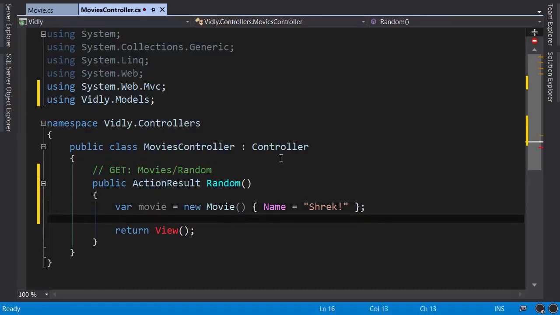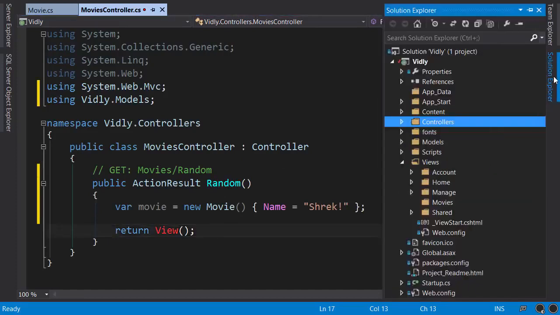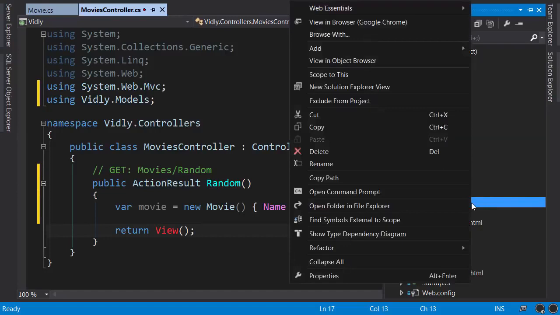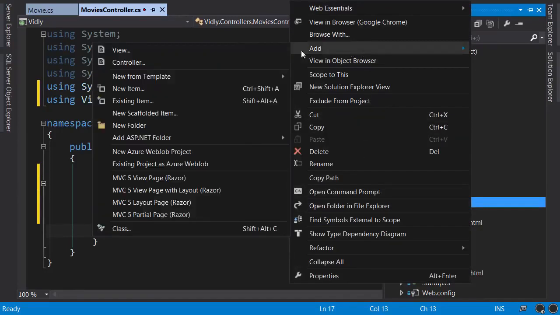Now here you can see that this method is returning a view. And the reason this view is red is because ReSharper is telling me that this view file does not exist in the application. So in the Solution Explorer, under Views, look, inside Movies folder, we don't have a view called random. So right click, add, view,